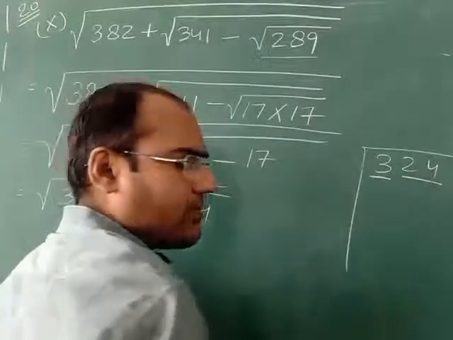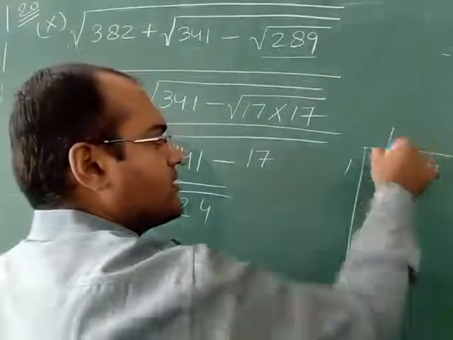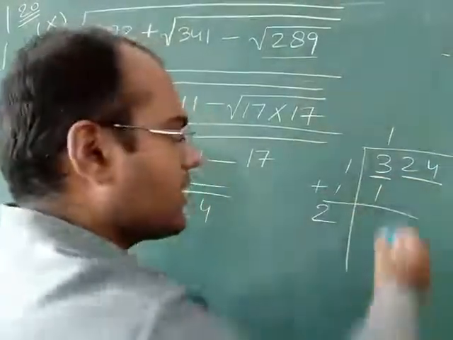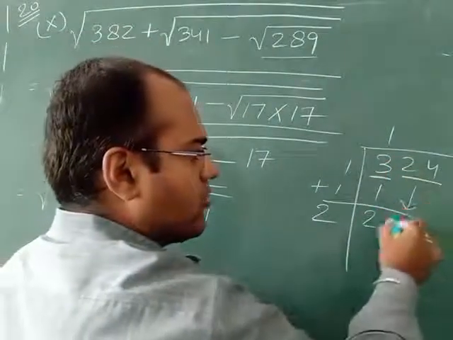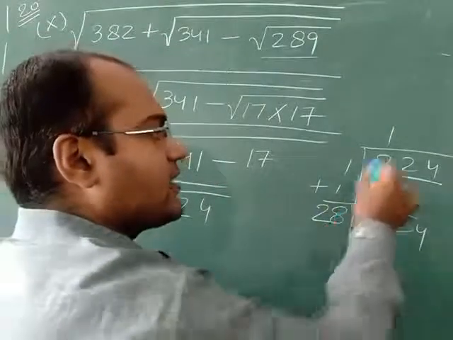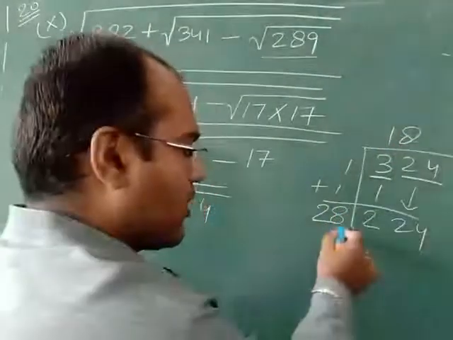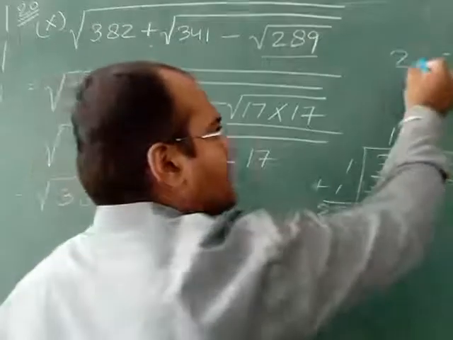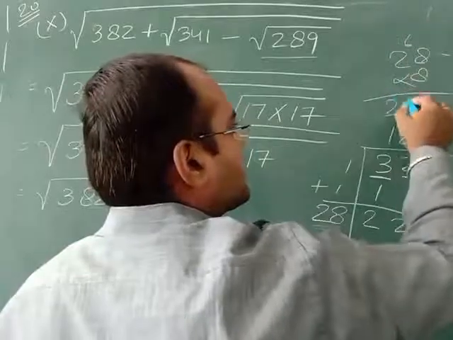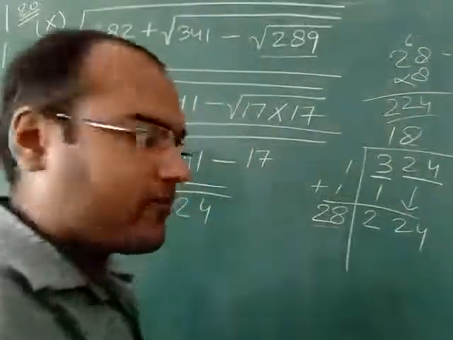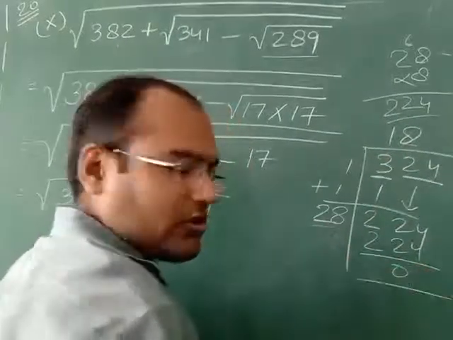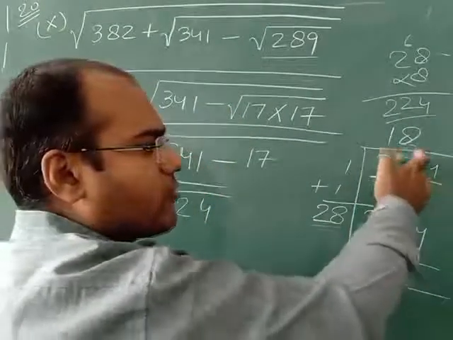Last two single number. Now 1 1 ja 1. This one we have to add. So it becomes 2. Minus these, 2 minus 2, 24 will come down side. If I will write here 8, then there also I have to write 8. So 28 8 ja, when we will multiply 28 8 ja, answer will be 224. So 28 8 ja 224 and remainder is 0. So square root of 324 is 18.